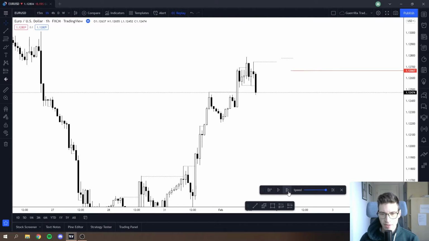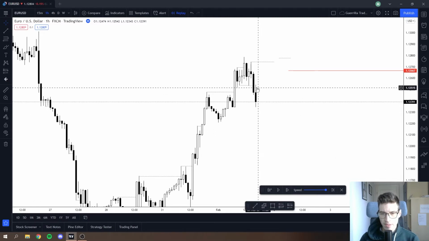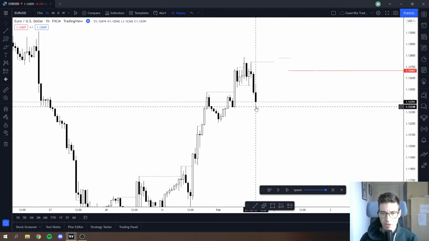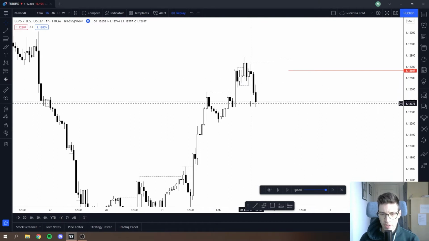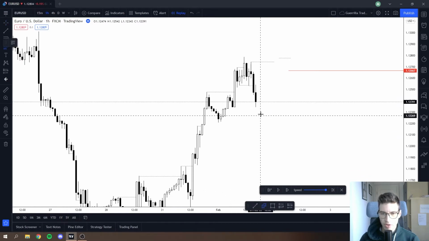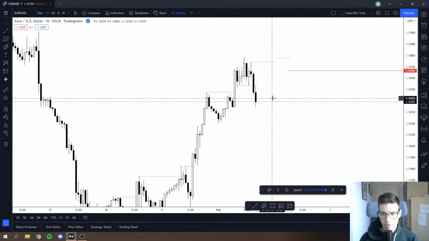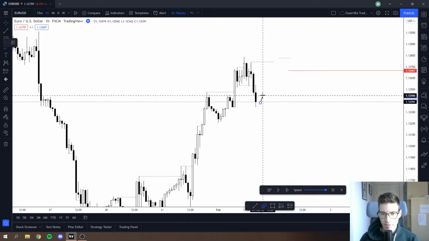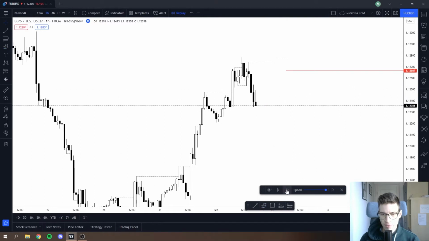So what we then got, we got one impulse, this wasn't enough, and then we got this impulse signaling to me that the strength is willing to continue and that we do have momentum to a downside. But I also saw this wick, and at this point I didn't want to see just a retrace to the break and retest area or the most recent low. I wanted to see more of a range or a combo, which is a flag and a break and retest in one. So something like this, but we actually got